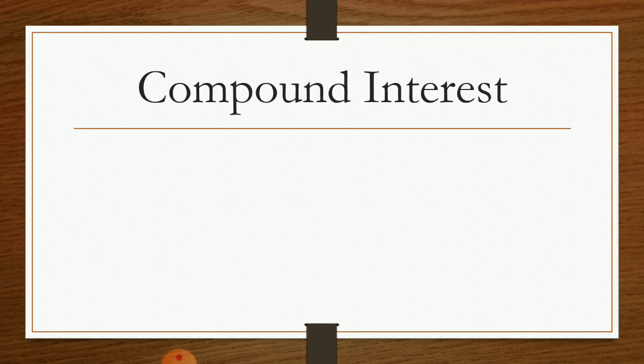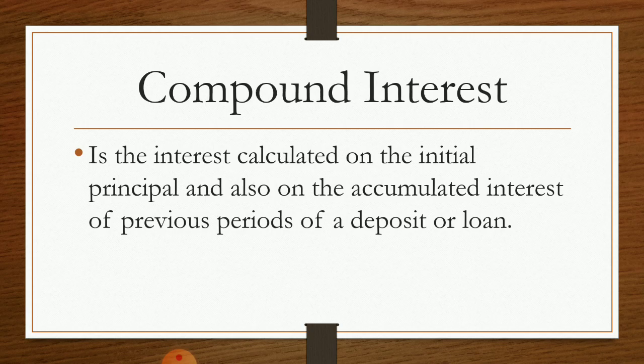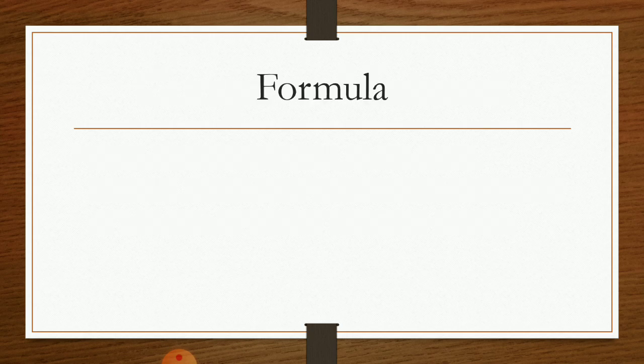And last will be the compound interest. So compound interest is the interest calculated on the initial principal and also on the accumulated interest of previous periods of a deposit or loan. So we use the formula F is equal to P times the quantity 1 plus R all over N raised to NT,